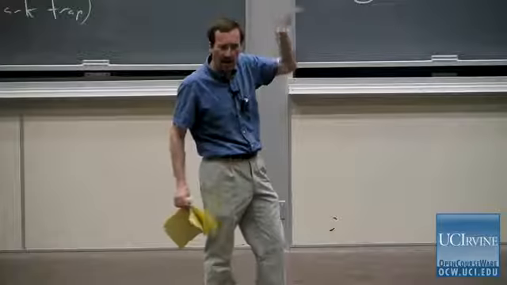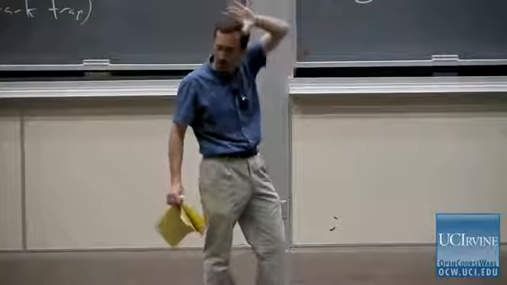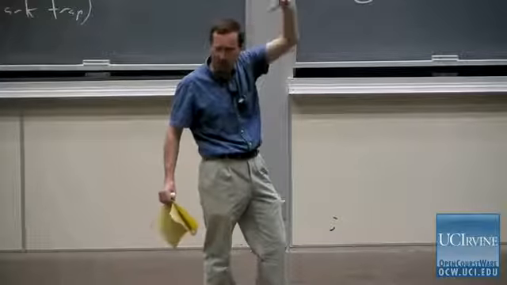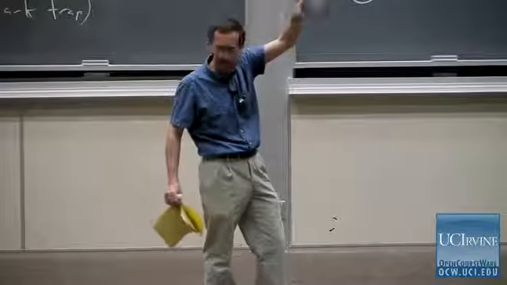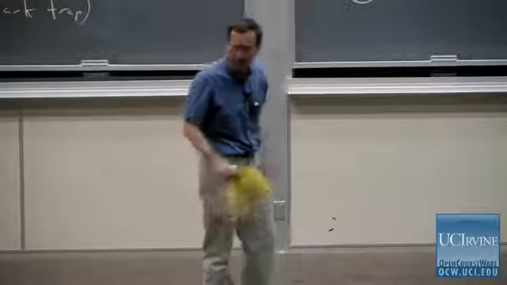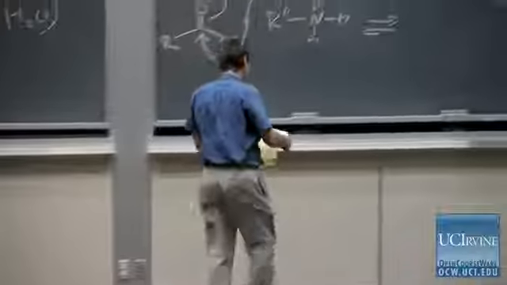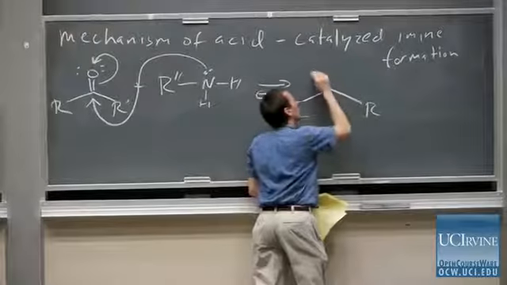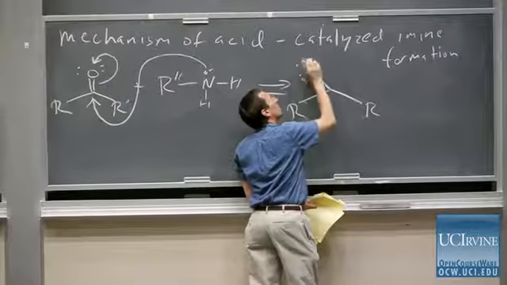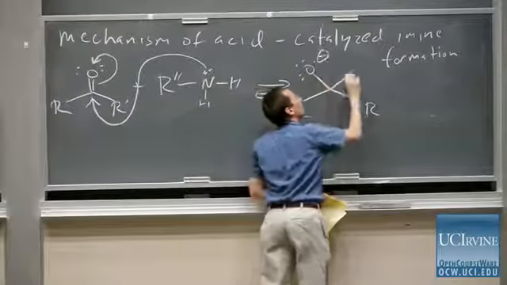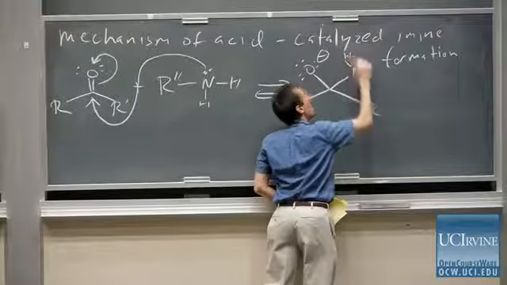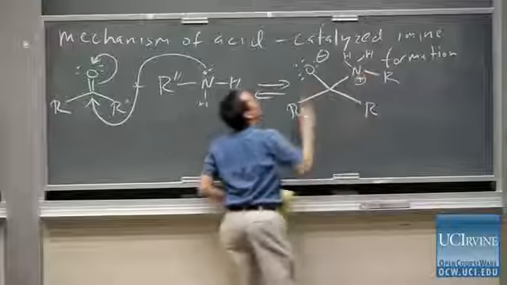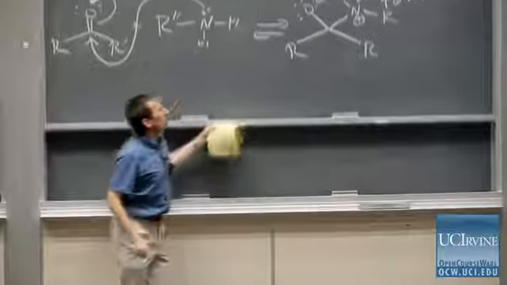In fact, under identical conditions, if you go through the reverse process, the hydrolysis of imines, it has to occur through the exact same pathway that the imine formation occurs, because that's the lowest energy pathway. So we add our amine to the carbonyl,